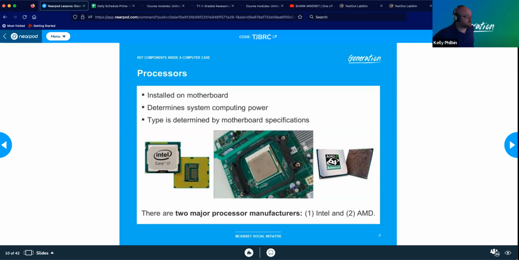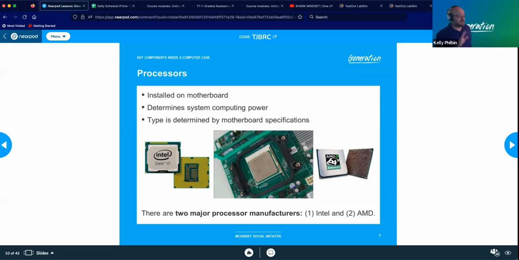For the purposes of this, they have two main ones that they deal with. You have Intel and AMD. Those were the two big players up until recently. Now we have the ARM processors, but we will get into those tomorrow with regards to motherboards and stuff, or when we get into processors next week. So there is a third option, but these still are two of the biggest players. The ARM processors are typically used in smaller laptops, mobile devices, and things like that, where these are kind of the big players. So Intel and